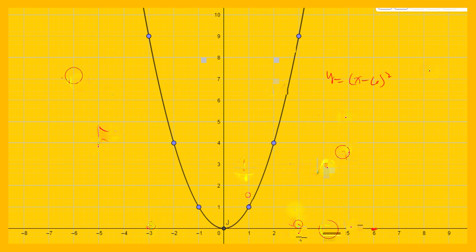Okay, so it's simply the same with vertical shift. It's simply the same with the effect of h. It's just that the effect of h is that the graph moves horizontally by certain units, while the vertical shift, or the effect of the value of k, is that the graph moves vertically by some units. Okay,